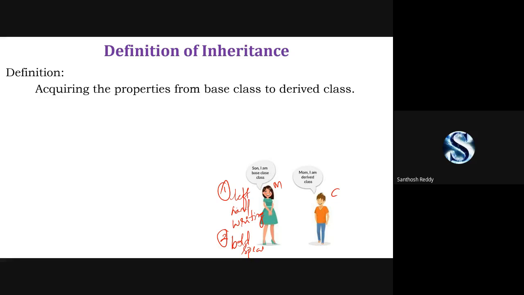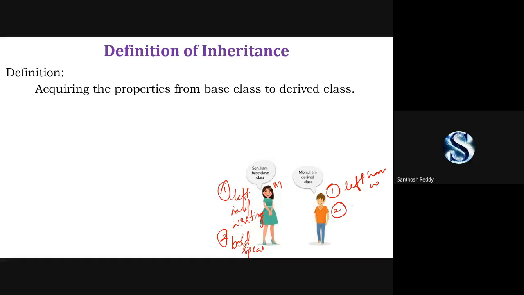The child has the same features. Along with these two features, first, he is going to write with the left hand.